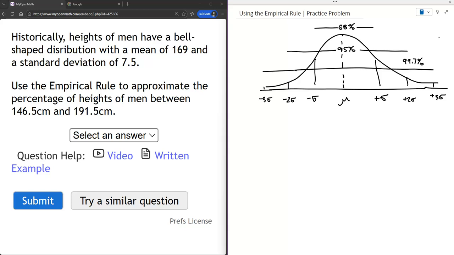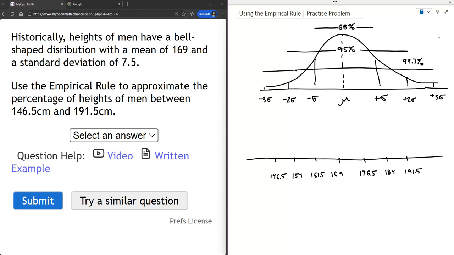So to apply the empirical rule, what do we need? We need to know the mu. In this case, the mu is 169, and then we repeatedly add standard deviation, in this case 7.5, 176.5, add it again, 7.5 is going to be 184, add it again, we get 191.5, and subtract it. 169 minus 7.5 is 161.5. 161.5 minus 7.5, it's 154. 154 minus 7.5 is